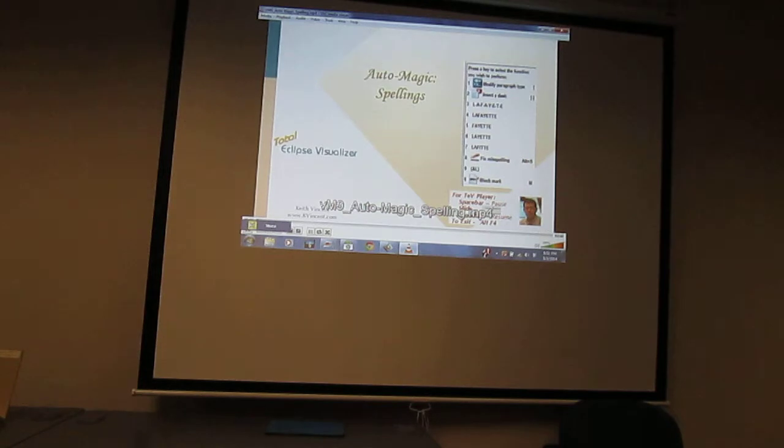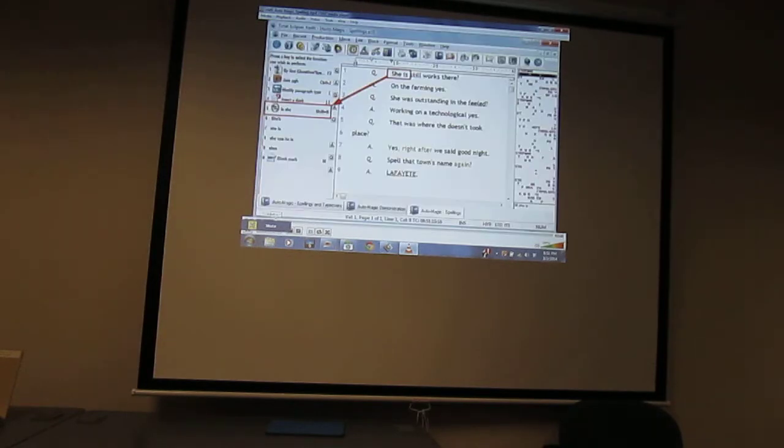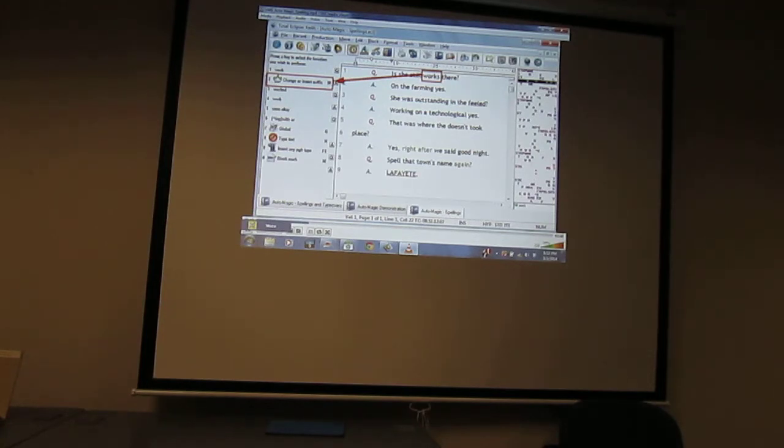Let's see some of the ways that AutoMagic helps you prevent spelling errors as you work. Word reversals are just one of the small problems that AutoMagic understands. This question should have been, is she still working there? Pressing 5 is a fast way to reverse these words. This should have been working, but I need a different suffix. Pressing 2 here would be a fast way